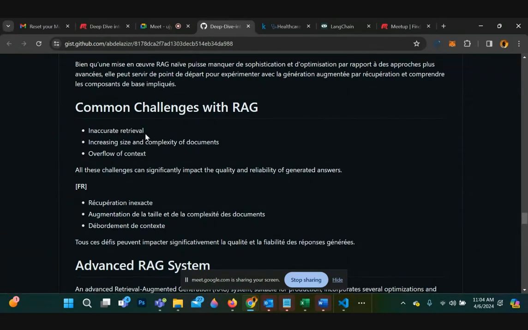There will be hallucinations, and even context overflow, right? That is where, for example, LLMs will have, I think the GPTs initially had like a 2048 context window. So if those things are not handled, then you overflow the context.